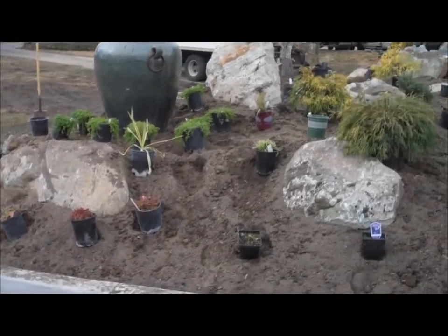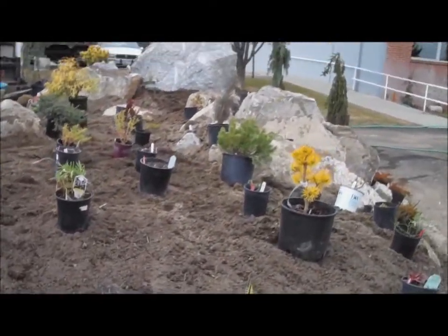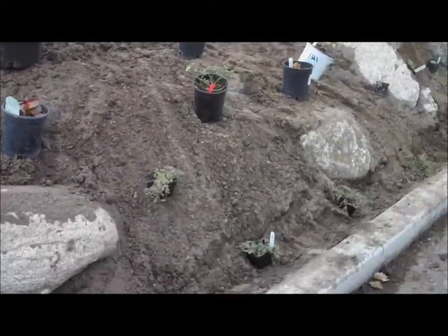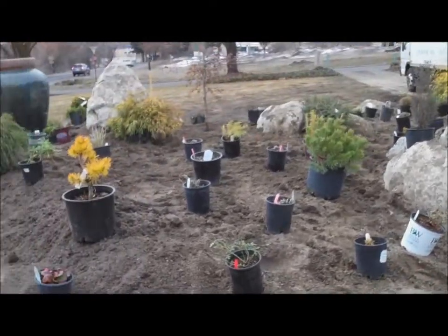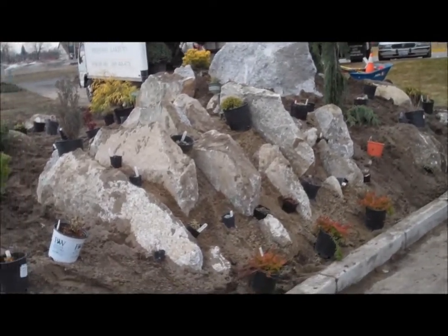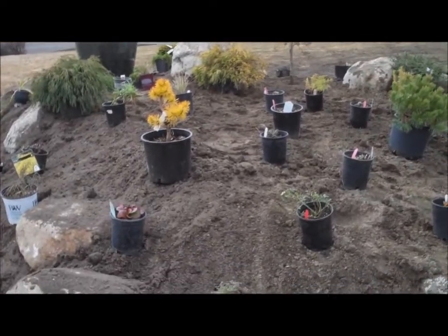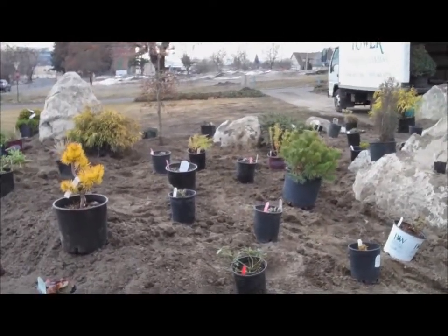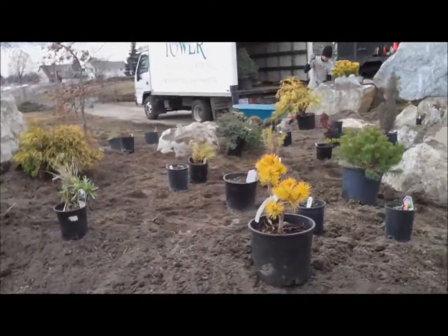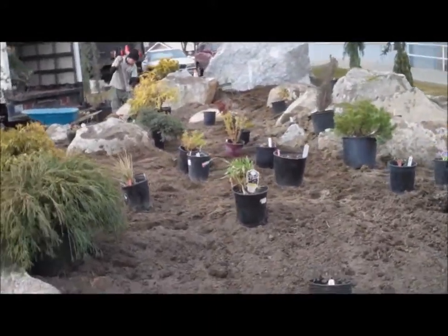So we are looking at what appears to be a huge amount of plants in the garden, but actually it always has this impression until they get planted that there's an awful lot of material in this garden. But once it's planted, it won't look like so many. So this is kind of a point in the design process where people often kind of panic and go, gee, is that too many plants? But once this grows together into one giant flower bouquet in the summer, they're very happy to have the number